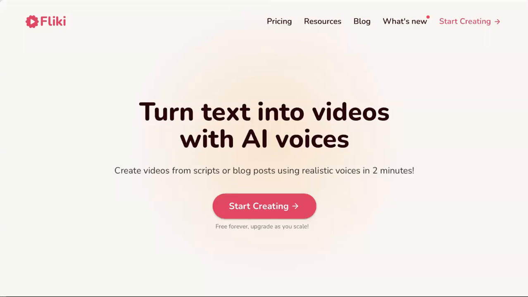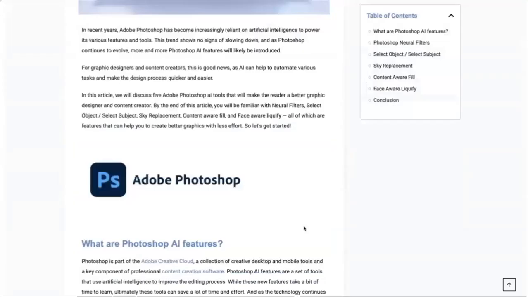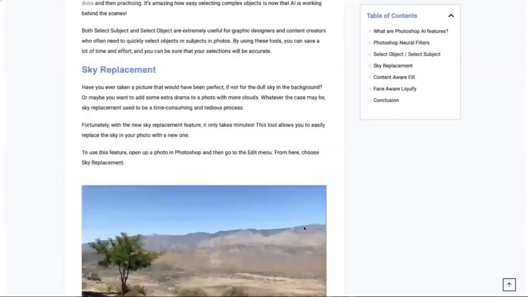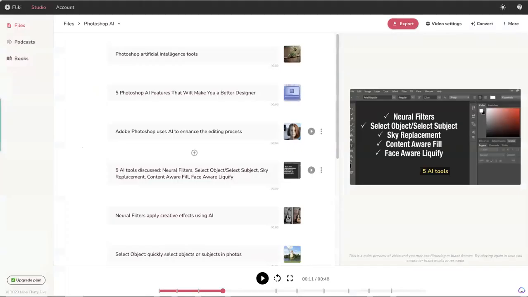All right. So this one, I use this for turning blog posts into quicker, shorter videos. And let me show you how that works. I took this blog post right here, and the AI is reading all of it. It's looking at the headlines, the pictures, the words. It's just going through, grabbing all this information. And then once it's done, it pulls this up for you. It's basically saying, here's the segments, here's how we're segmenting this. You have the opportunity to change the wording if you want, to change the image if you want.